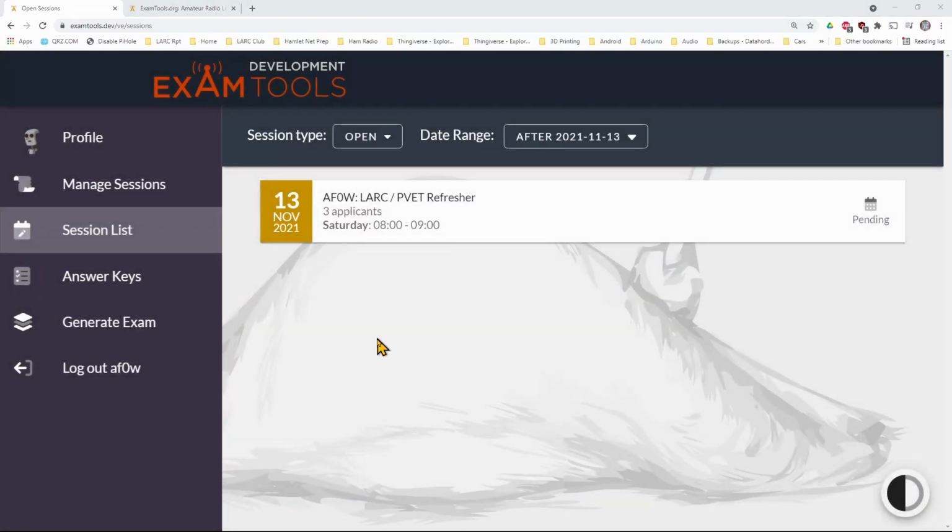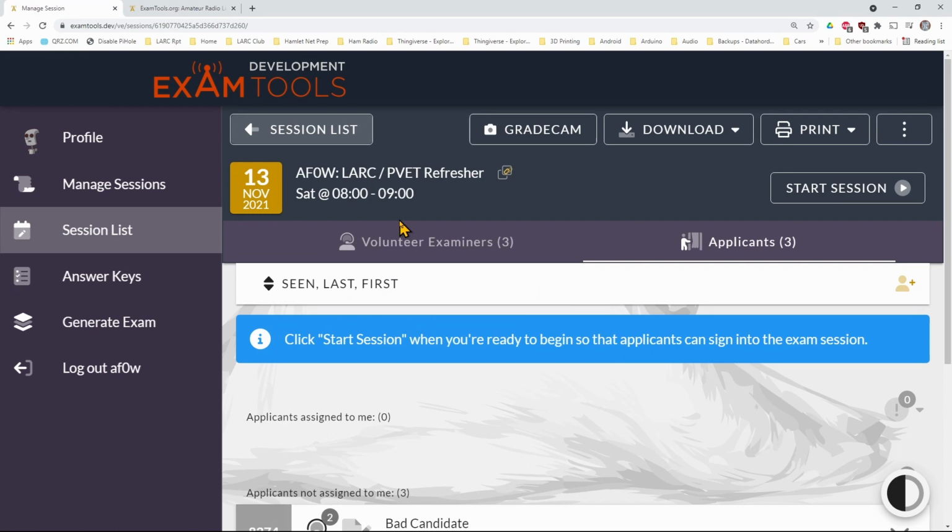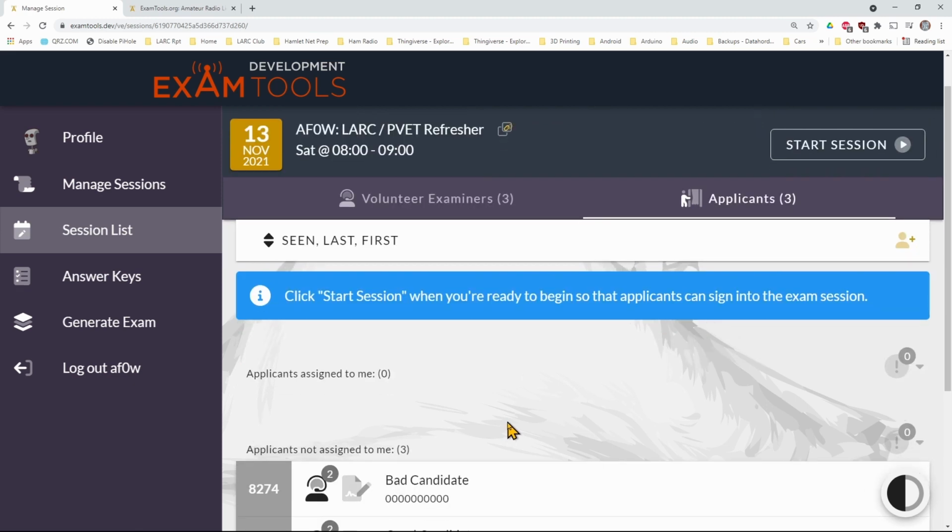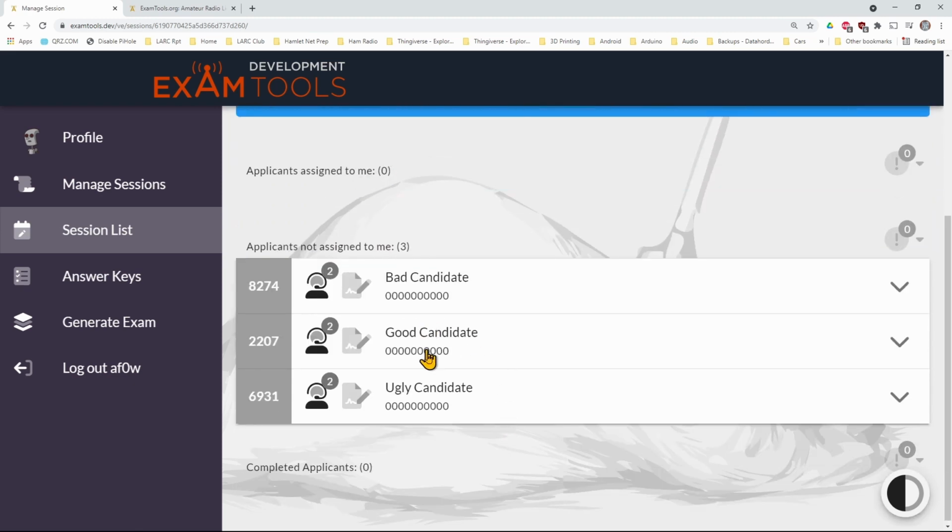If you're one of the table VEs, you'll be operating in the room upstairs. What you do is sign in, you click on your session, and then once the applicants come up, be sure to greet them, get them seated at a table. If someone is seated at your table, be sure to introduce yourself, and you can click on the Applicants tab to see a list of the applicants that are registered for the session, and make sure you select the correct